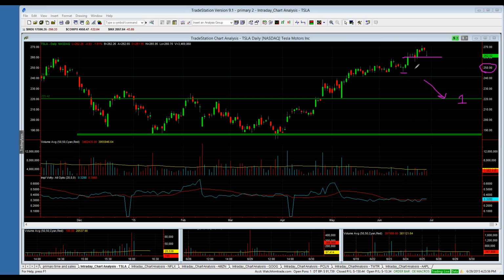But if you're holding 250, high 240s, I like Tesla for an uptrend overall. You can see it's been in a nice clear uptrend off of its March lows, April lows. So I'm net bullish on Tesla. I think it held up well today, and that's a good sign. But if you lose 260, you could see a little pullback towards 250. But I wouldn't be scared of that pullback. I would be more of a buyer,